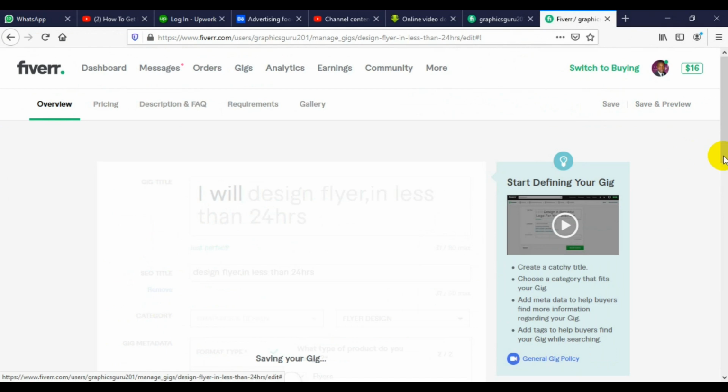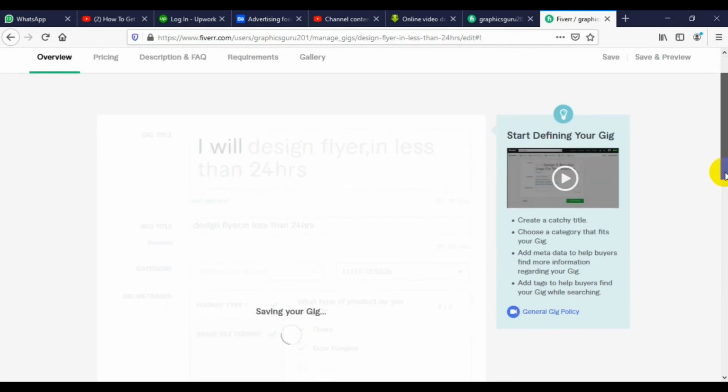Within a few minutes, Fiverr is going to save your gig SEO upgrade. Change saved. So this is how you upgrade your gig SEO to rank on the front page,